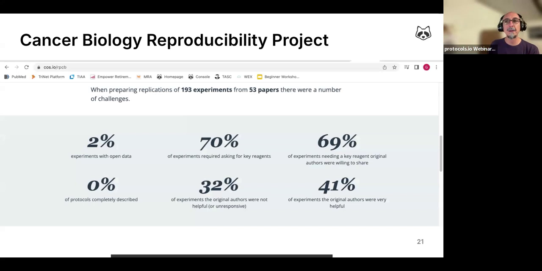So if you're not familiar with this, I will introduce to you the Cancer Biology Reproducibility Project, which was a $1.5 million initiative coordinated by the Center for Open Science and by Science Exchange with the goal of trying to independently replicate almost 200 experiments from about 50 high-profile papers on cancer biology.